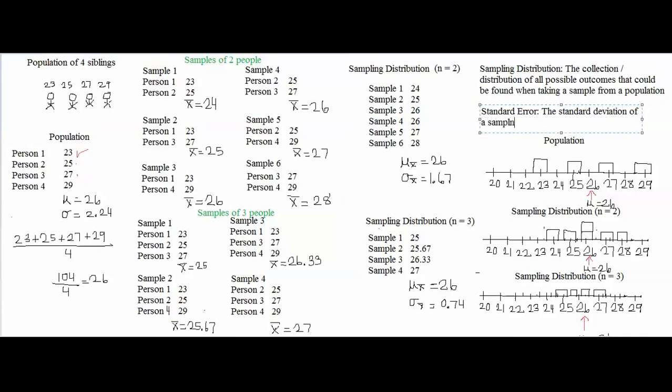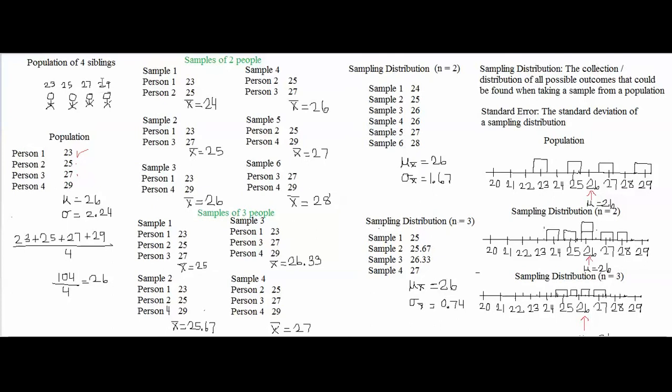So I'll put that definition right here. Actually, before I move on to the new topics, there was a couple other things I wanted to talk about. First, I wanted to say that the standard error of this sampling distribution will always be larger than the standard error of this sampling distribution, because whenever